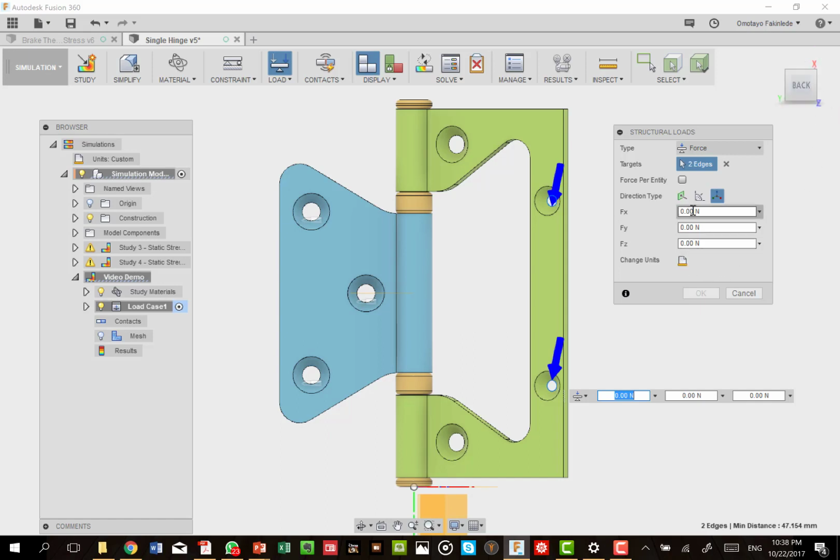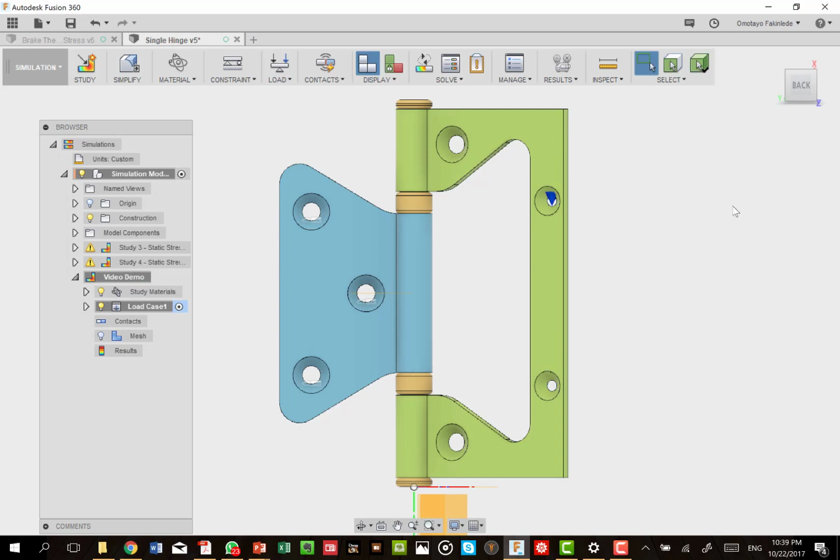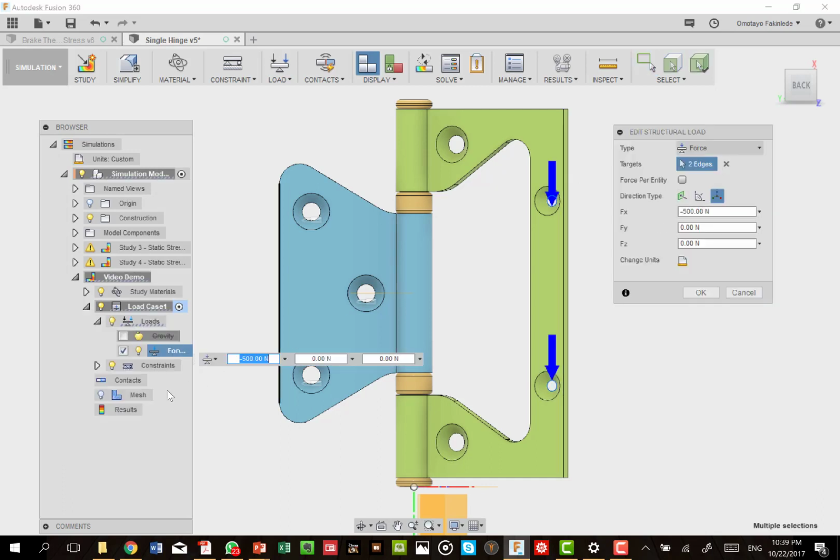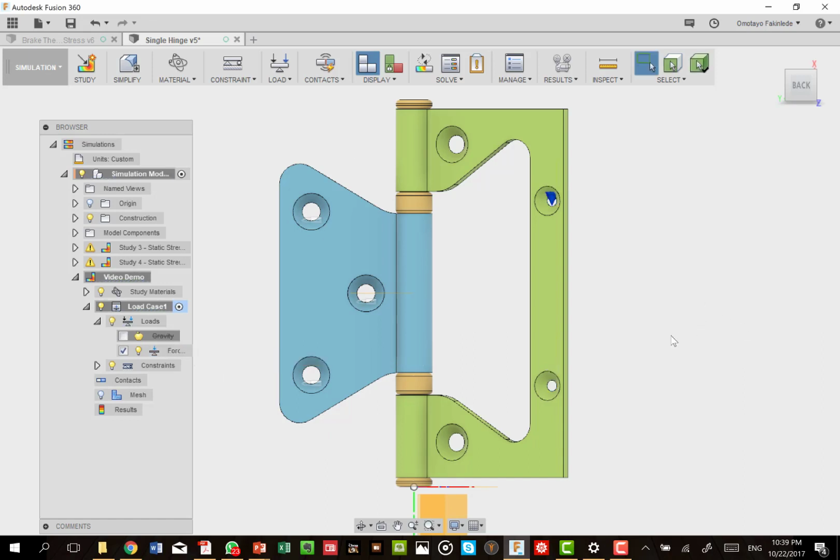We're going to look at the negative x-axis, and we're going to put minus 500. Let us see how that starts. So we can put minus 500 in those two places, and we can say OK. So that will be the load there. So let us say OK. So we have the loading there.